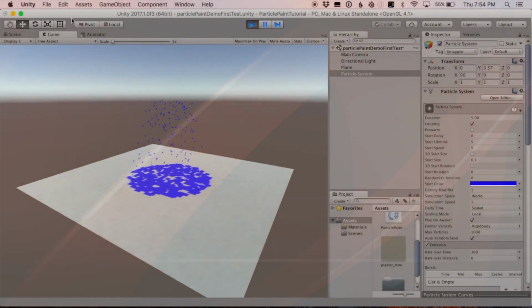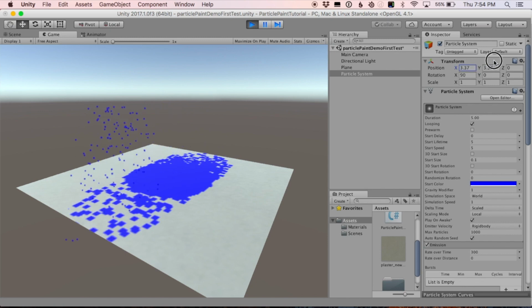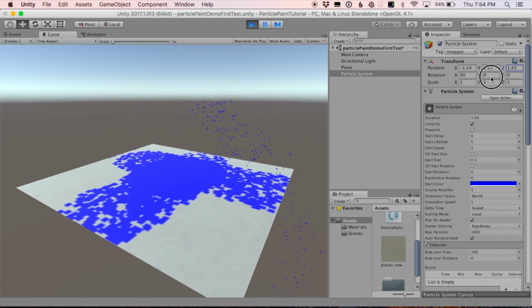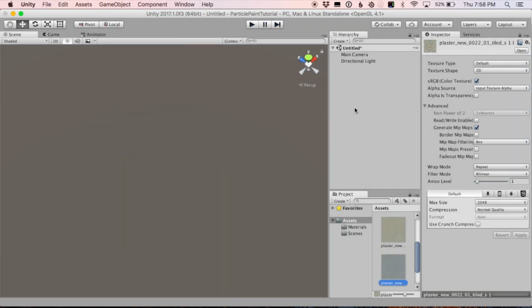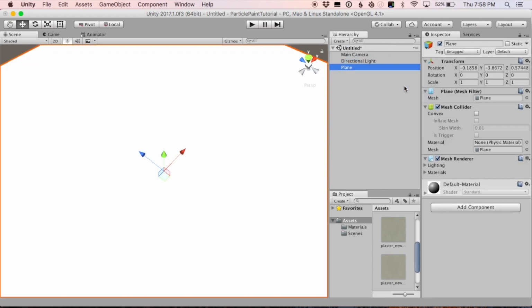So this is something I'm going to show you guys how to do. I'm just going to show that if you move this particle system around, the script that I wrote is detecting particle collisions, and then it's painting pixels on the texture. Okay, so we have our new scene, and I'm going to create a 3D object, plane,